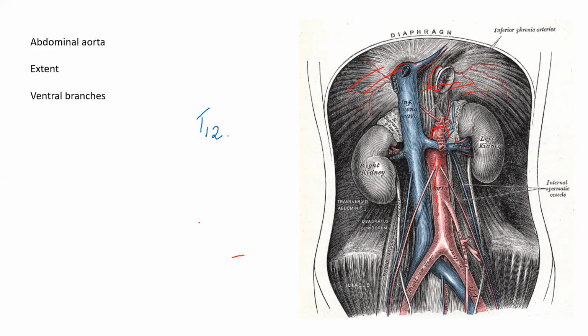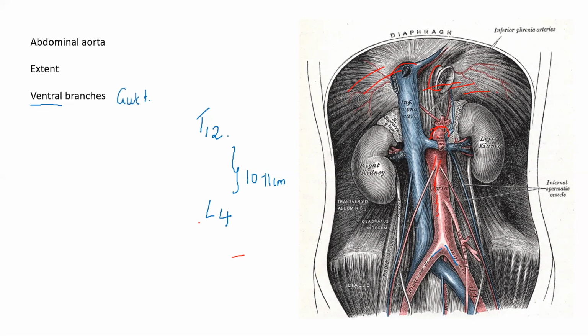Okay, so this is your abdominal aorta. You can see the abdominal aorta terminating or bifurcating into the common iliac arteries. Any idea what is that vertebral level? L4. So the abdominal aorta on the whole measures around 10 to 11 centimeters from T12 to L4. Yes, and the branches that arise from the ventral aspect of the abdominal aorta, they are going to supply the